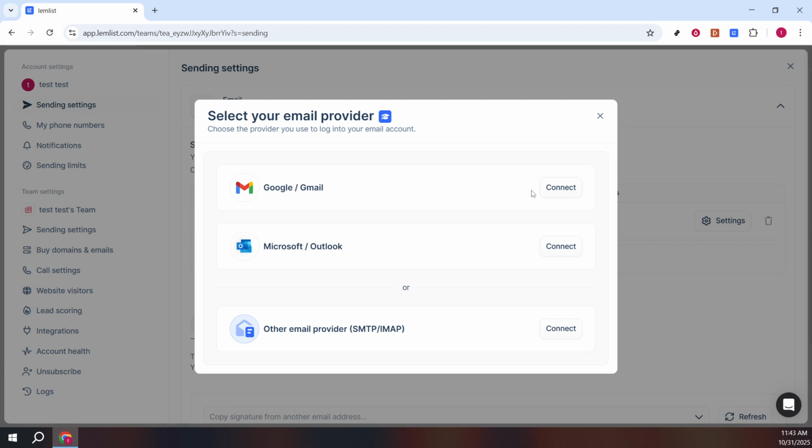Follow any on-screen prompts to complete this process, and soon you'll have your email account fully connected and ready for your campaigns. That covers it. You're now all set to begin leveraging the powers of Lemlist for your email marketing tasks. Make sure to test send a few emails to ensure everything is working